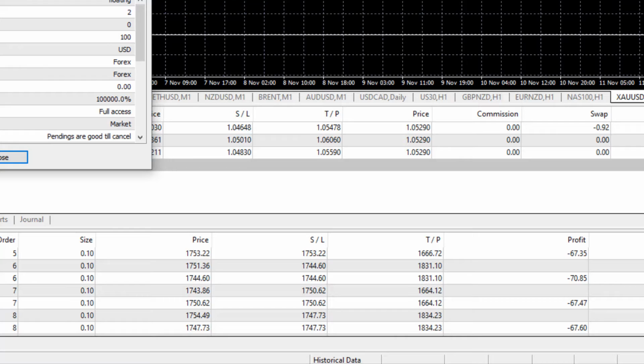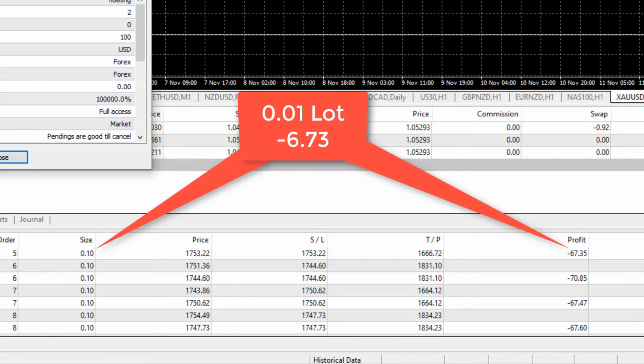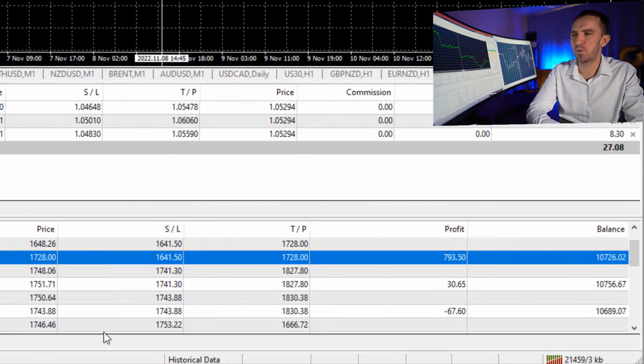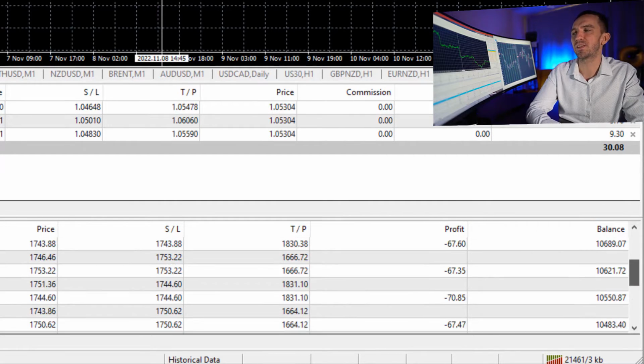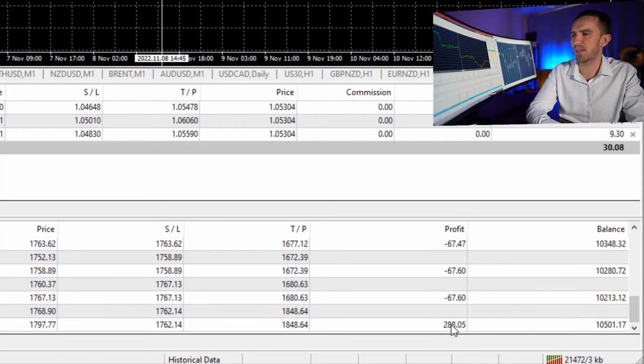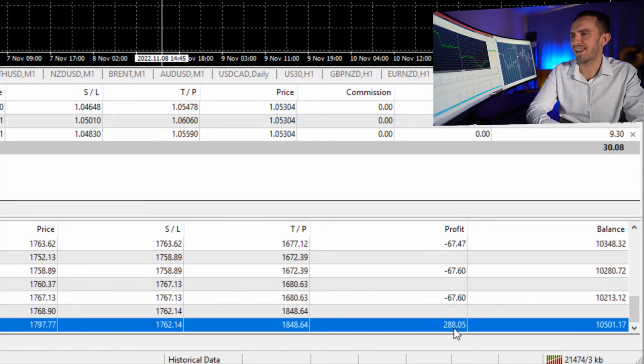And if I trade with 0.01, then I would have negative $6.50-70 depending on the spread of the broker. But what happens when one take profit is reached? Boom, nearly $800. And if I scroll lower, you will see that one more time we have 288, and actually